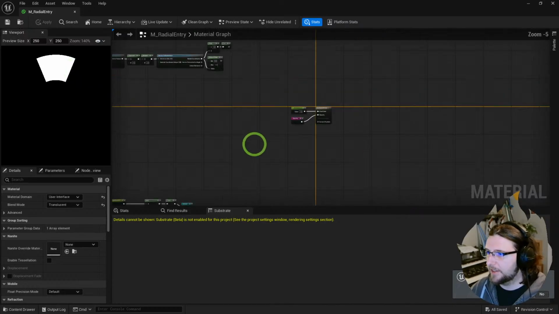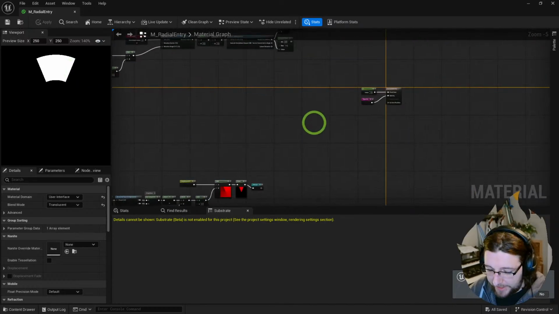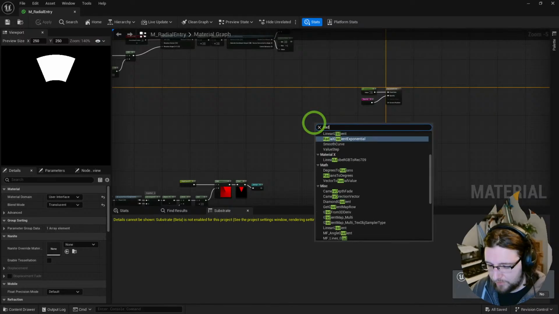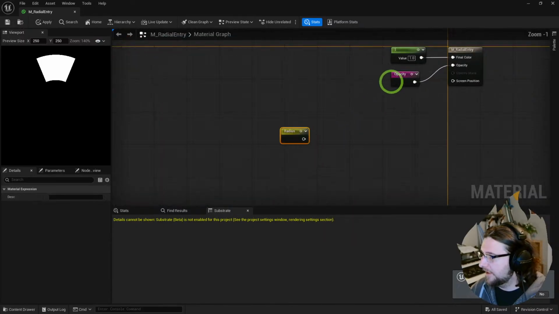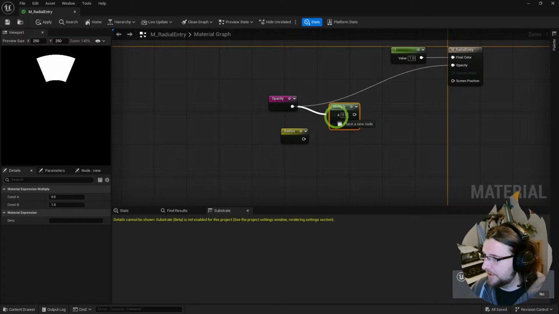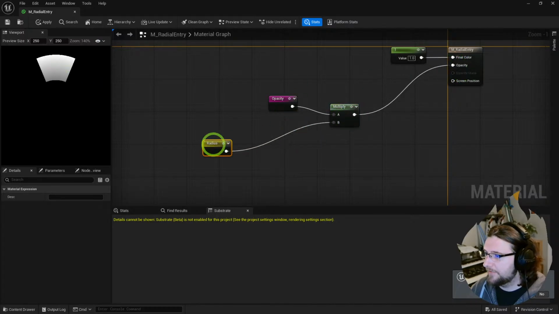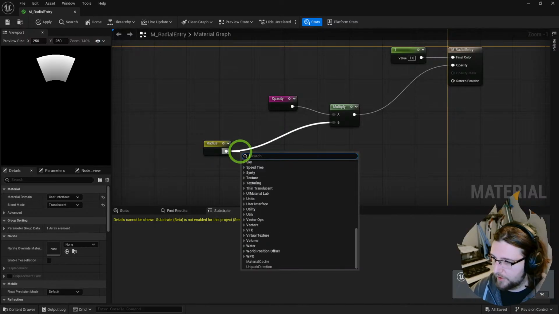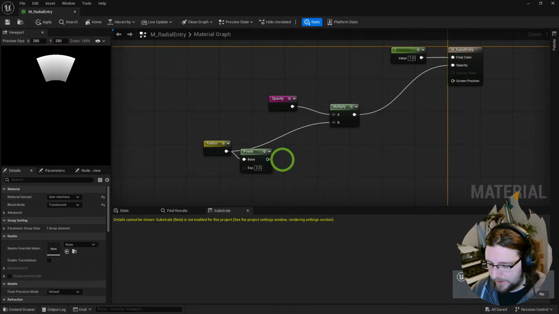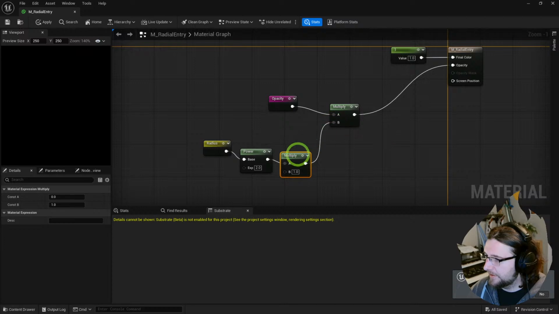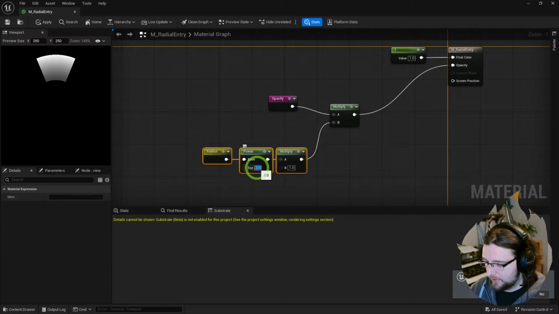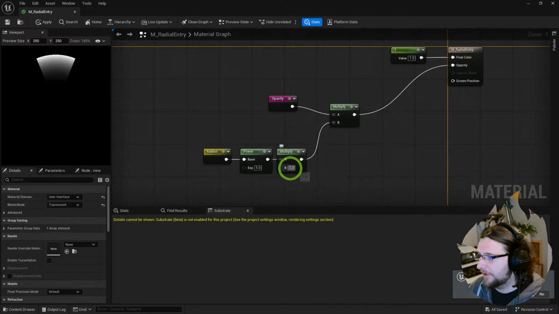We could say, take the radius and actually multiply the opacity by the radius. And that will give us like a gradient here. Let's take this radius and we'll power and multiply it a little bit to give it a little bit more interest. So we'll power it by 5, multiply by 5,